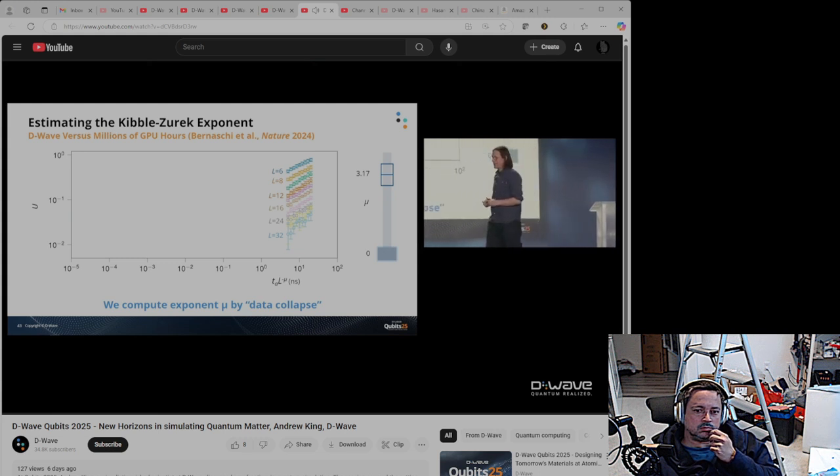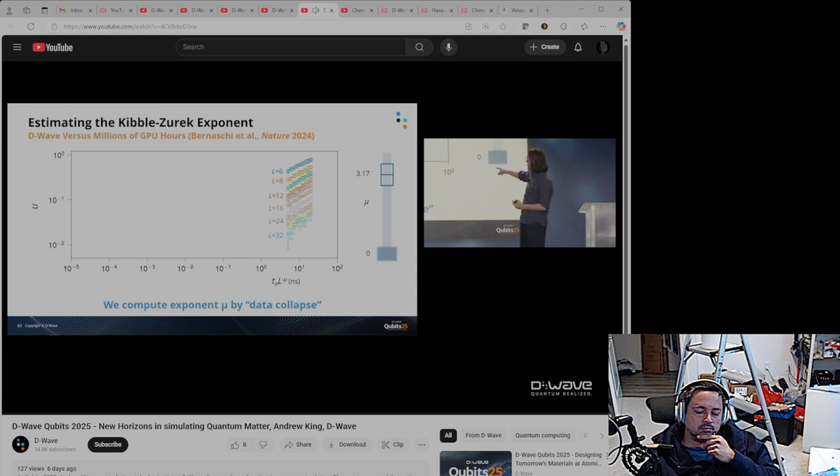So how are we going to estimate mu? We're going to calculate the Binder cumulant, which is this U on the y-axis. This is based on 2- and 4-body correlations, and it's straightforward to compute if you have full samples. We're actually going to collapse this data in what is called a dynamic finite-size scaling ansatz.